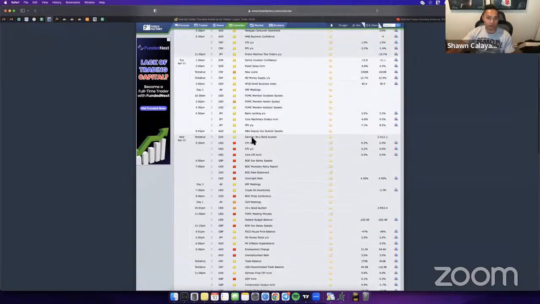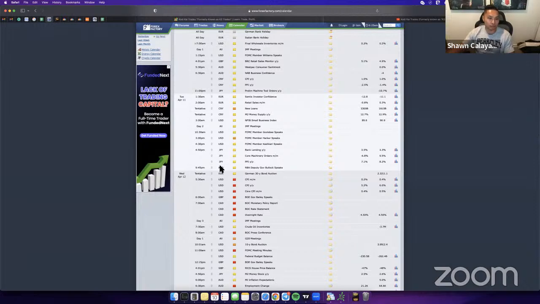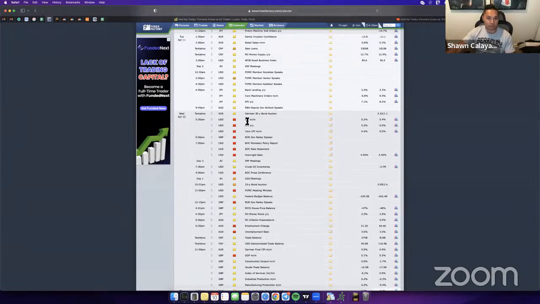Wednesday is going to be the big day. So I think tomorrow will be kind of slow, kind of like today. It'll be kind of back and forth, no big movements. But I think Wednesday pre-market, we're going to start to see a lot of movement because we have the CPI news. This is inflation news right here, core price index for monthly and yearly.